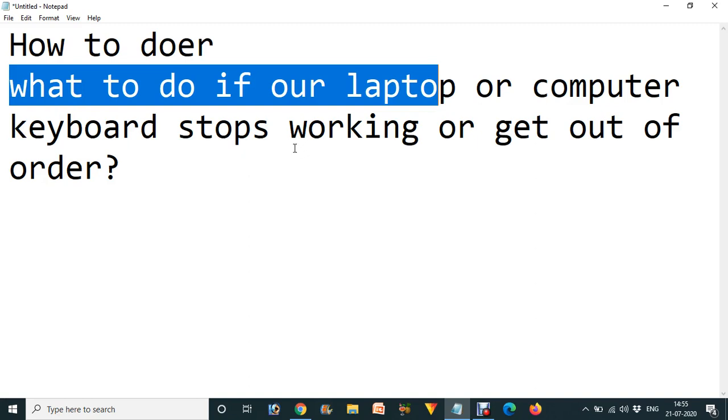I mean, you can do your work without hesitating, but it can take a little bit of time, but you